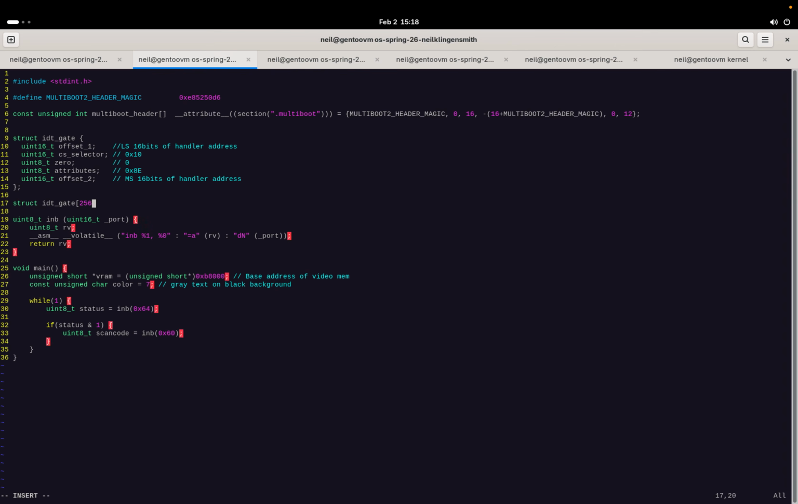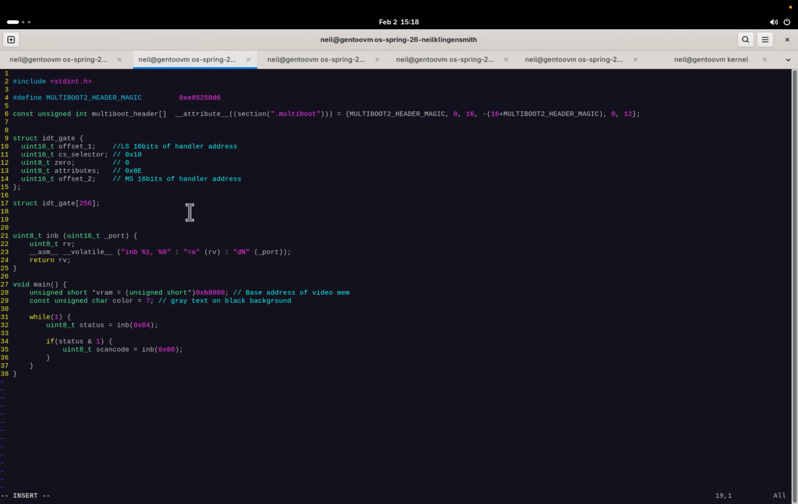And that's just going to be an array of these IDT gate things, and this is going to be 256 units long, right? So this is an array of IDT gates, and this is our interrupt descriptor table here. Okay. And then the last thing we need to do in order to initialize this descriptor table is